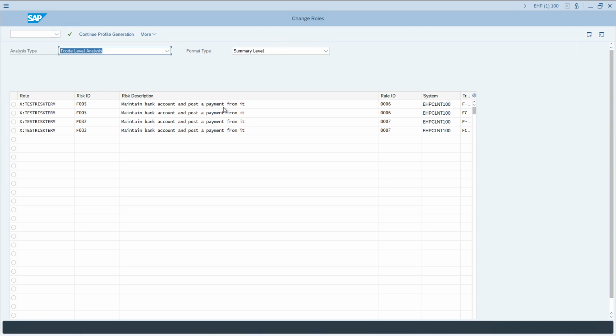So this message was because of the user exit. Now if you see, there are two conflicts that came up, F005 and F032. In both risk IDs, because of the rule set, you have the conflicts, because of these two transaction codes.